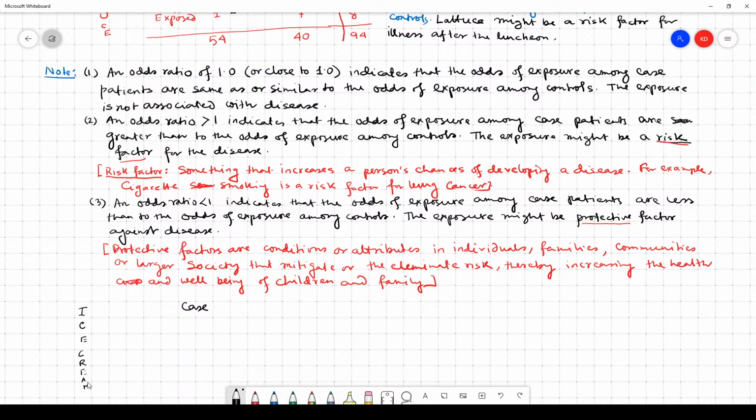Suppose this is the exposed group. After a case-control study, we see that among the exposed group who eat ice cream, that is 13,